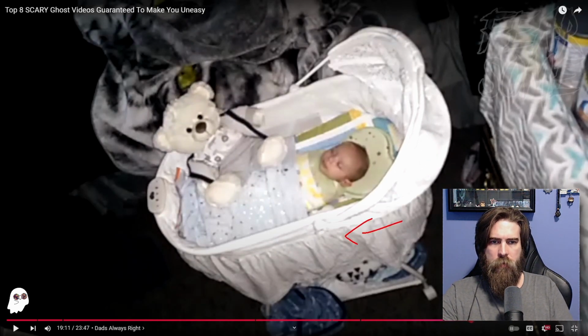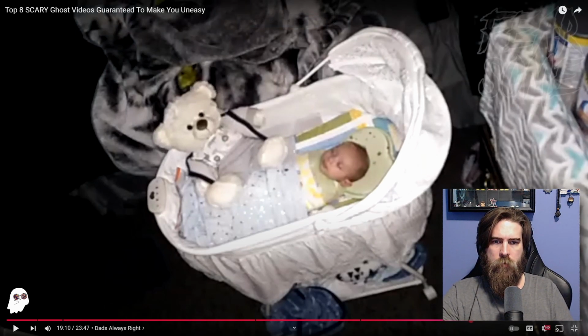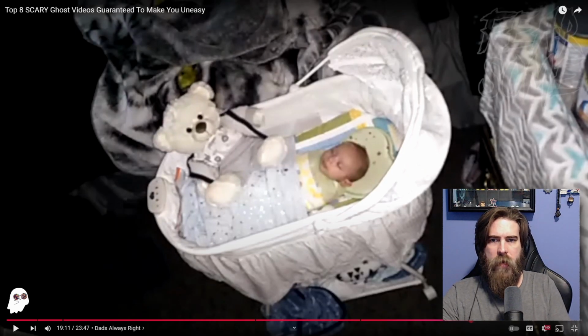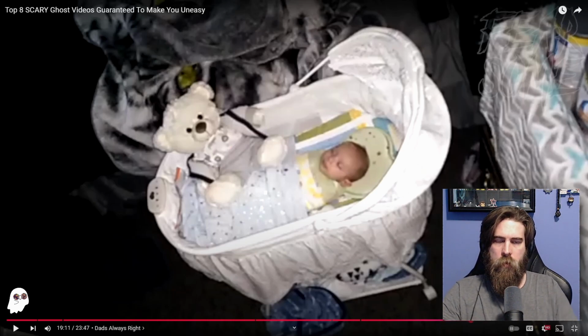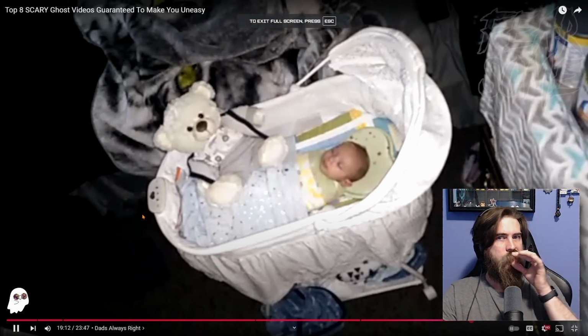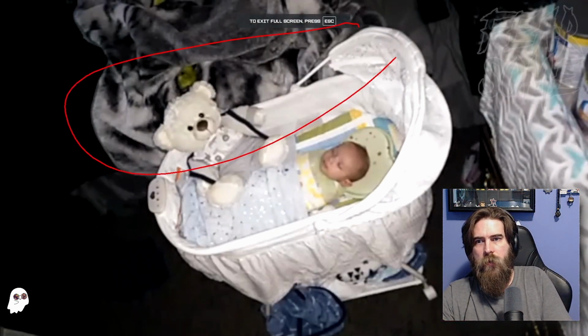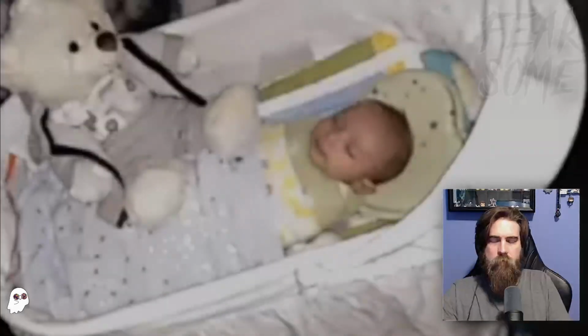You see how the crib, or whatever you want to call this, shifts forward? It's because there's force being applied to the yanking of the bear. So somebody's pulling the bear through a hole that's in the thing here, and they're yanking the bear down into that hole. This whole blanket mass here could very easily hide it.